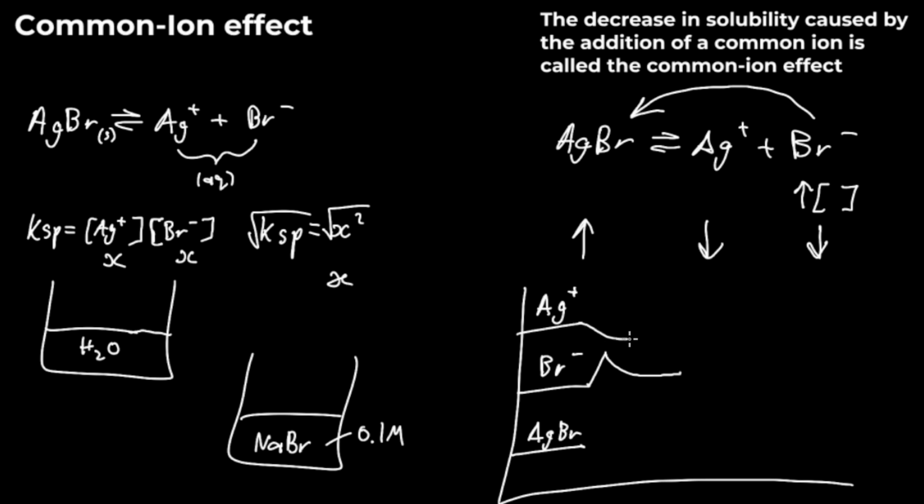This one just goes down, and then this will go up. So that's what's happening when you're adding a common ion to a reaction. I don't know if this is supposed to be below this point or above it. I can't remember. I always got that wrong. Anyways,